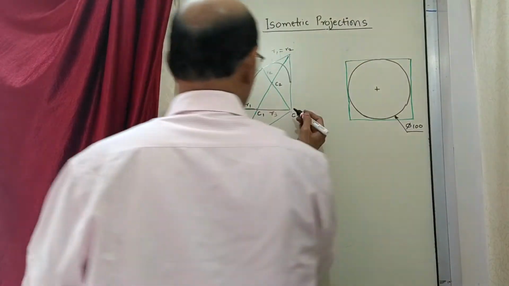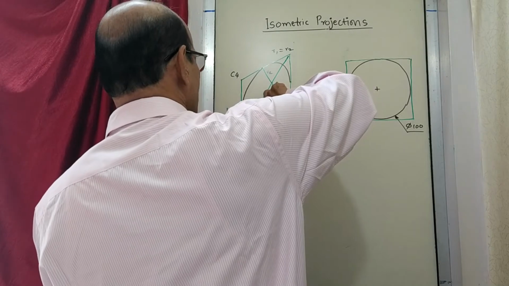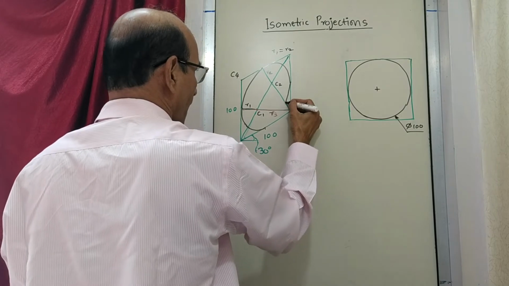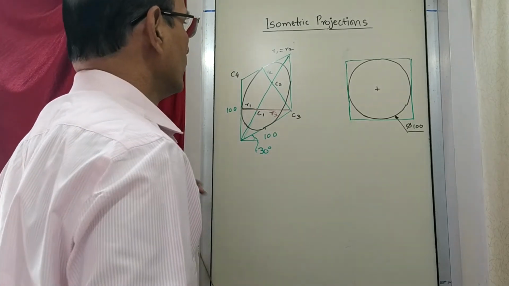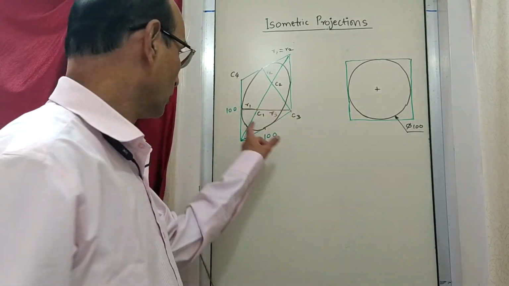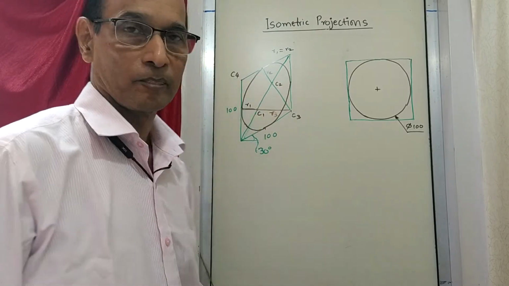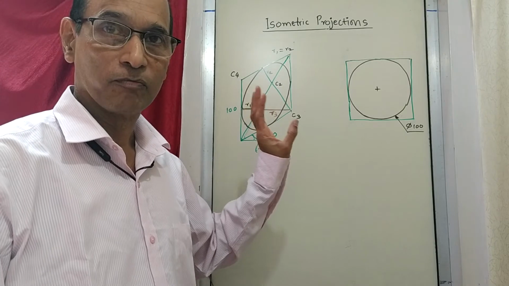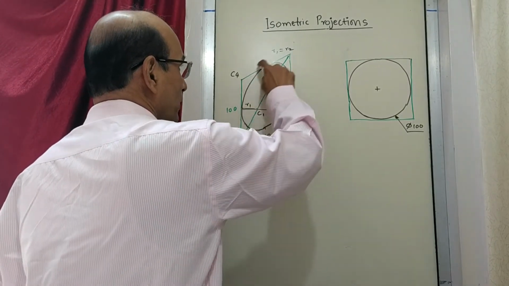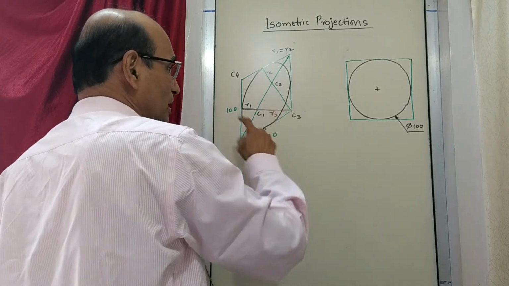Once you do that, next call this center C4 and take the same radius, but now the center is here, and draw another arc which will be this arc. That means we have drawn 4 different arcs: arc number 1, arc number 2, arc number 3 and arc number 4. Now when you draw these 4 arcs, you will find that they are perfectly joining each other and appear to be continuous arcs. That means this figure becomes a continuous figure, it looks like an ellipse.